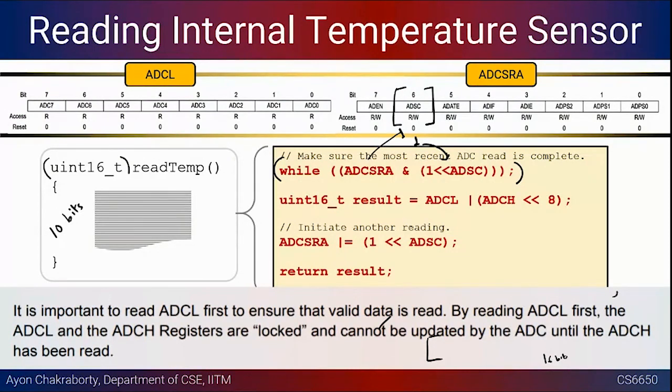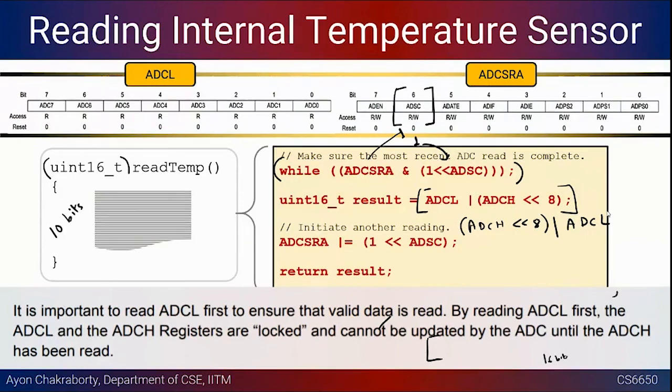Even the way this expression is evaluated matters. If you look at the precedence, this is an inclusive OR, so evaluation goes left to right. You can just simply replace this by, let's say, ADCH left shift 8 and then do an inclusive OR with ADCL, and try to see the result, what happens.